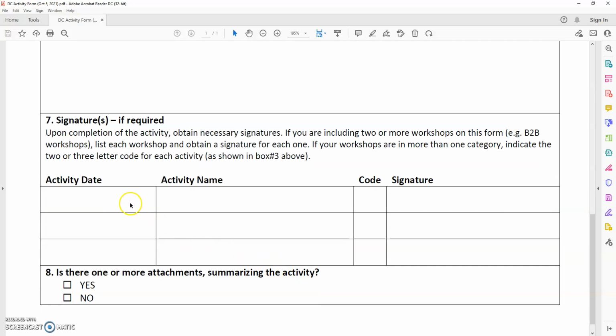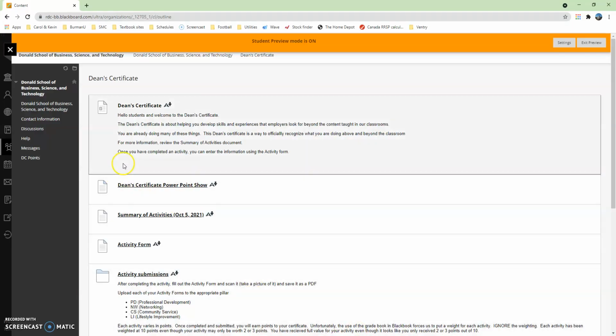You want to enter the date for that activity, and of course, if more information is needed, you're going to indicate it here and attach that extra document. So once you have completed this form, you can scan it. You can basically take a picture of it, save it as a PDF, and then go back to your Dean Certificate